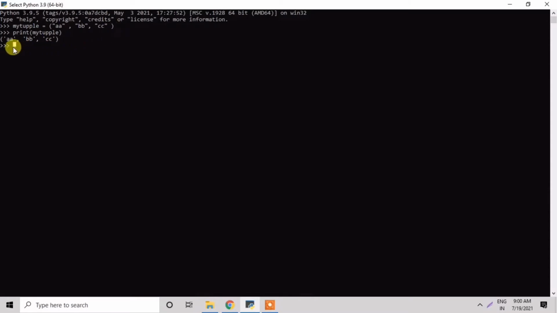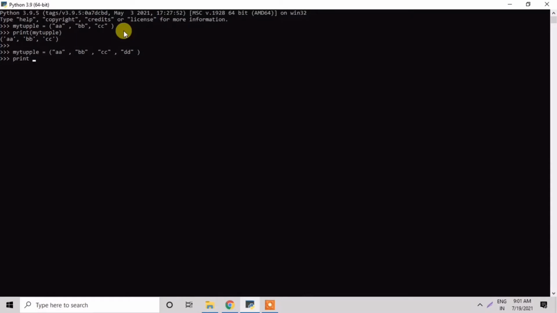The second one is, for example, if we want to know the length of the tuple. First of all, a variable and the values. Suppose my variable name is my tuple and the values in the round braces are A, the second value B, the third value C, and the fourth value D, for example. The round brace is closed, and now I'll write the print function.